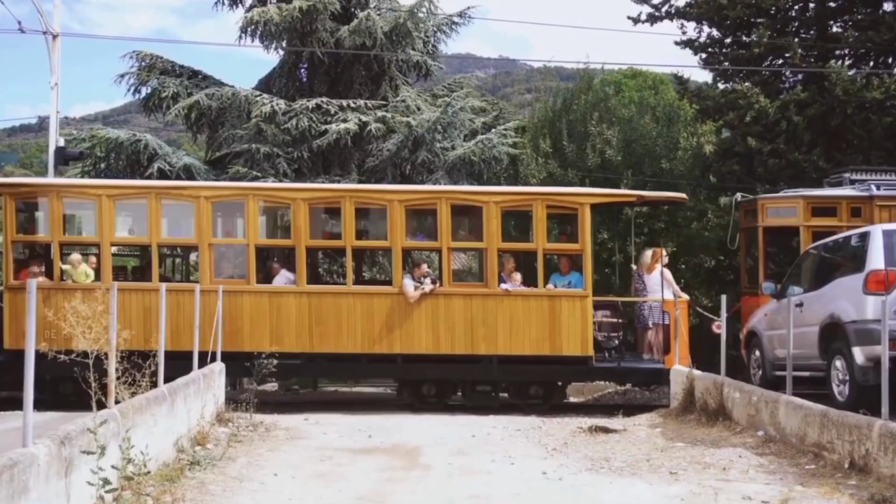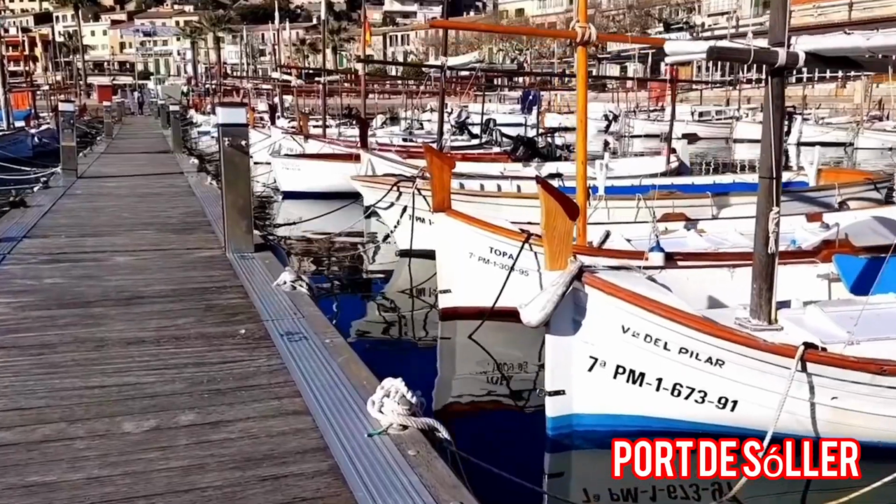There is a touristic train that goes from Palma to Sóller. This is not a very fast train, it's just touristic and it's made from wood. It represents an ancient trip, so I recommend you to do it. In Sóller there are different typical products like the ice cream, the prawns, the oranges and the lemons as well. In Sóller there is also a very beautiful beach and there is also a harbour and a lighthouse, very beautiful